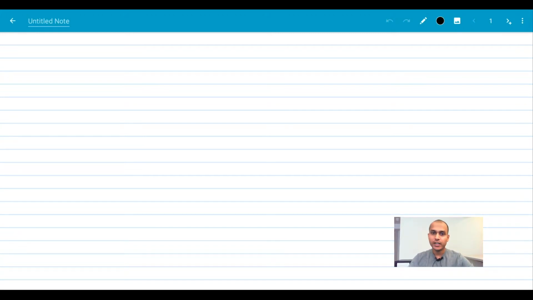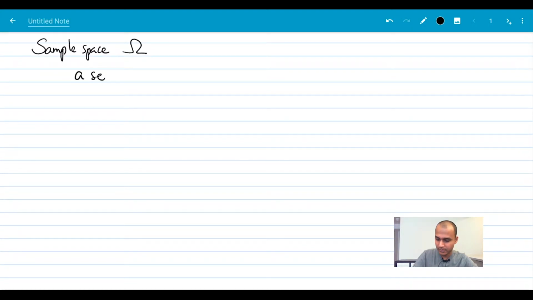So today we're going to look at the notion of sample space. A sample space, typically denoted using this capital omega notation, is nothing but a set. A set consists of elements, and in this case we're going to call them outcomes. So a sample space is a set of outcomes, and in fact it's going to be a set of all